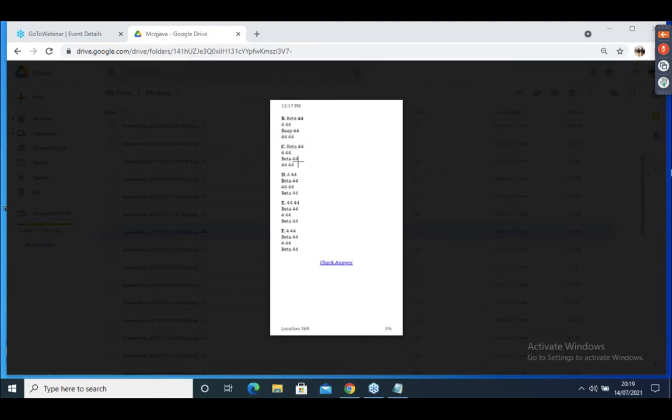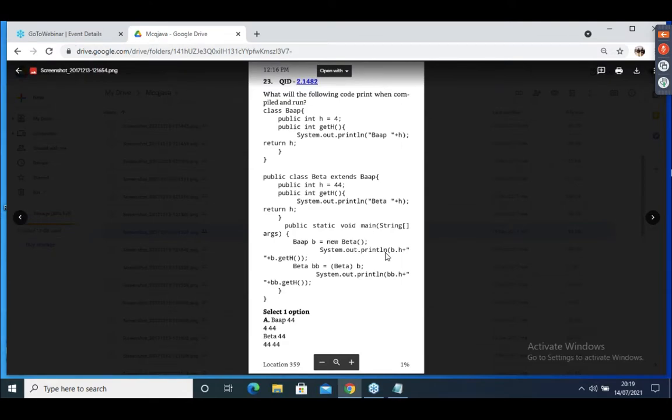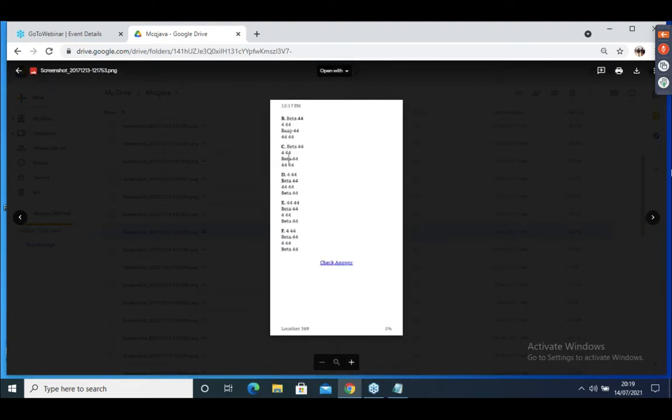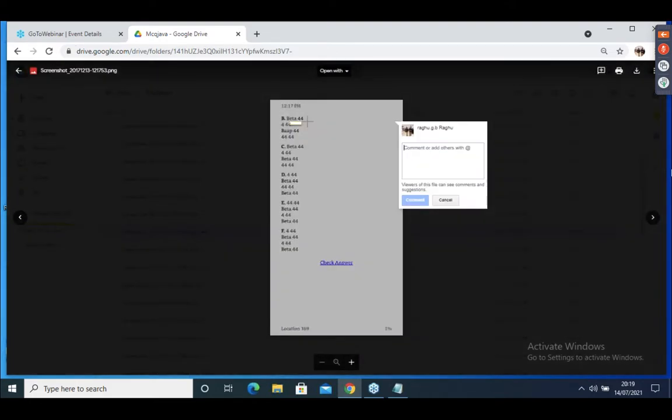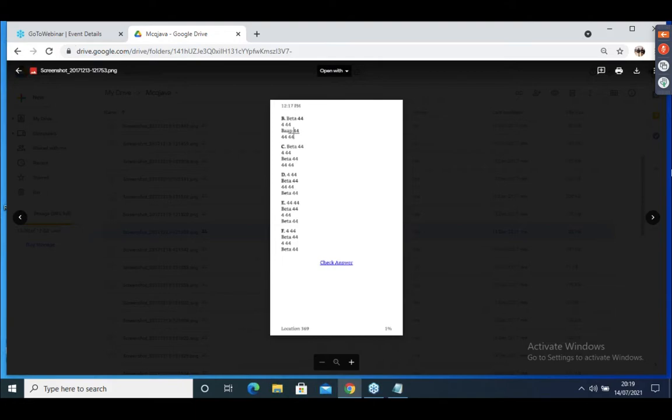So here 4, 44, Beta 44. Implementation here, 4, Beta 44, 44 is required. First the method getH is called, Beta 44. Then 444. Then Beta 44, 444, Beta 44, 44.